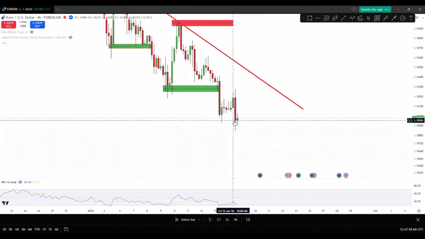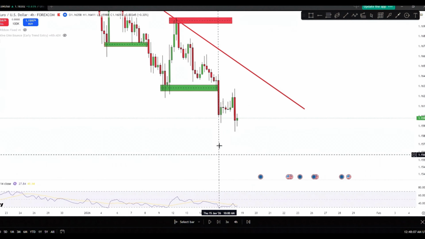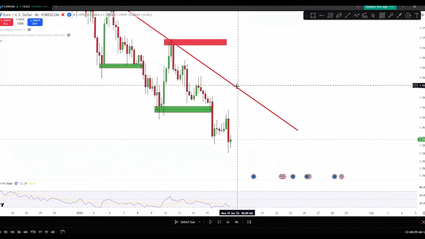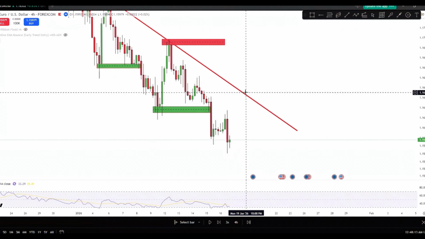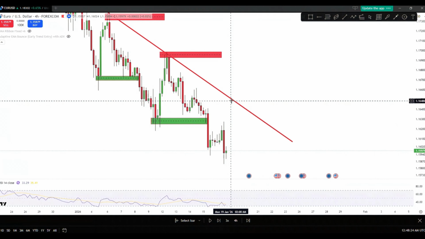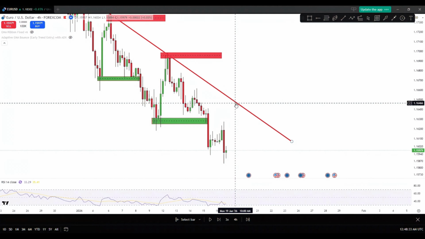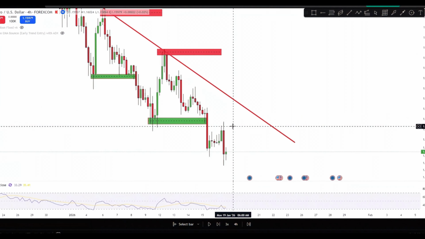So now what we're expecting is that price action is going to go up to form a lower high. Then we can get a sell entry in. So what we want to see is price push up towards this level of resistance, the trend line, and then respect it. We need to see a candlestick pattern confirming that price is rejecting this zone right here, or rejecting the trend line.